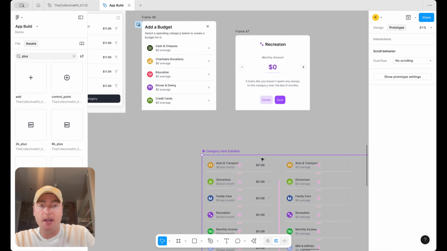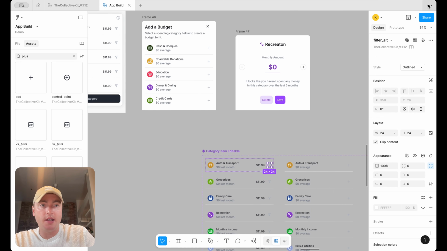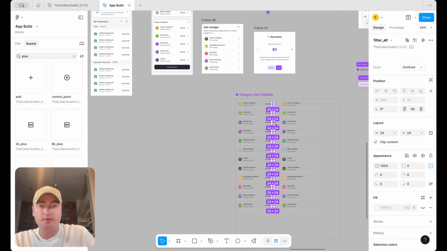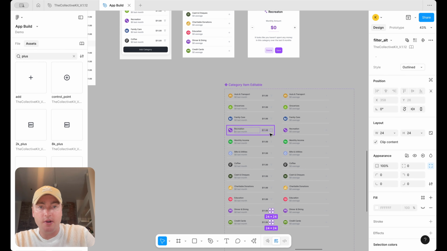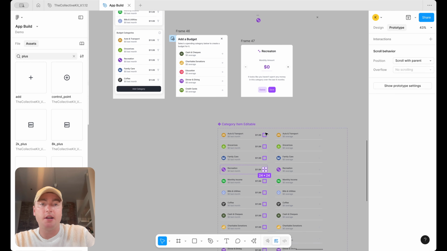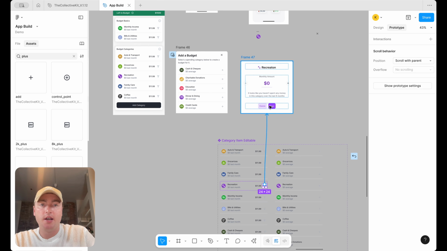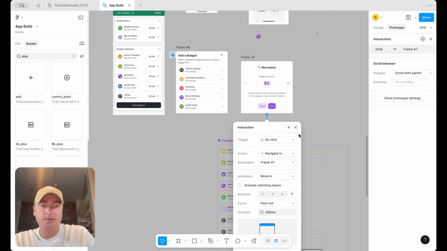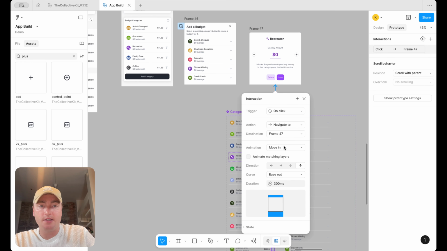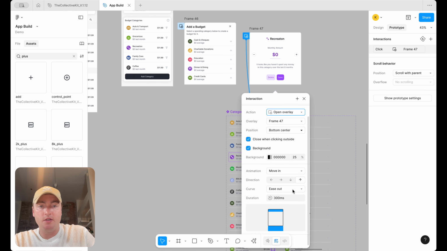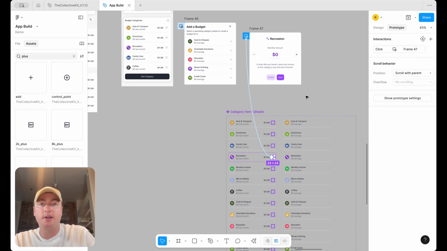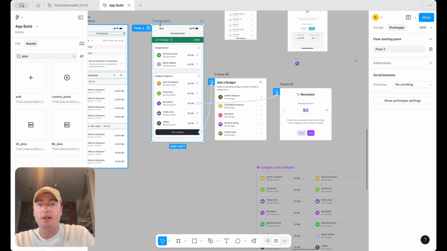Okay, so add category is still going to go to add category, but now any of these buttons on the main components, any of the filters here, what they would do is go to some type of a pop-up. So this is recreation, sorry. So then recreation here would probably go to this on click. Exact same functionality is already applied, it looks like. We need to open the overlay, move in from the bottom center. Perfect. So now if I was to preview this,